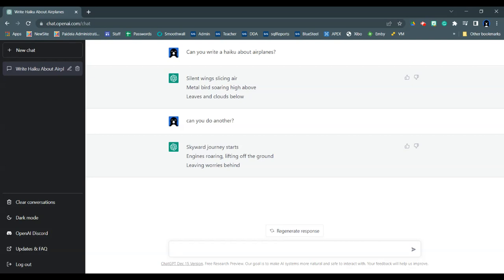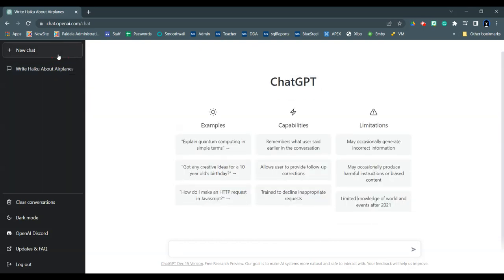It remembers your conversation within your chat. So as long as you keep the same chat open, it can use things that you've already discussed in future responses to you. So if you want to clear its memory and start from scratch, then you would just create a new chat and start over again. Okay, so I'm actually going to create a new chat right now. And it won't do anything until after I put my first question in, and then it'll appear over here on the left. So how might I use this in the classroom?